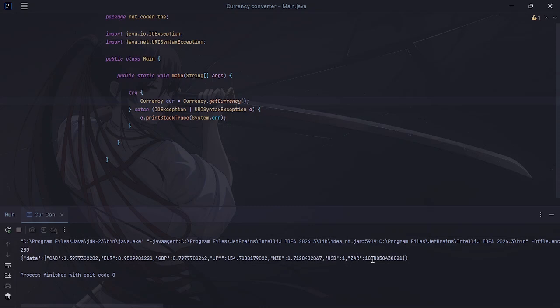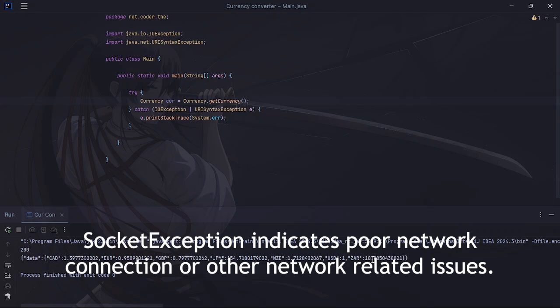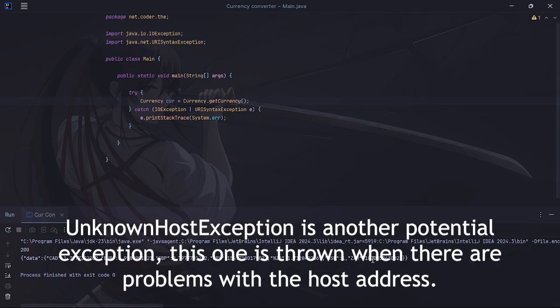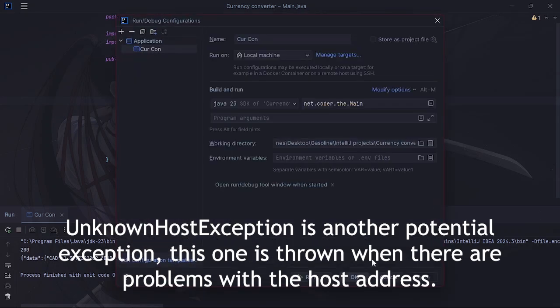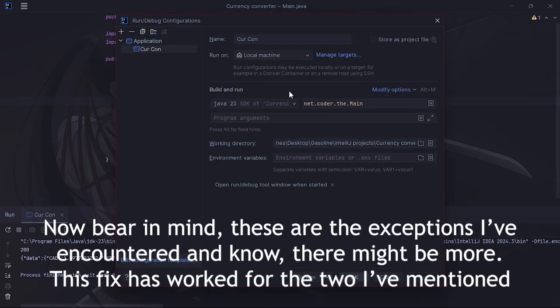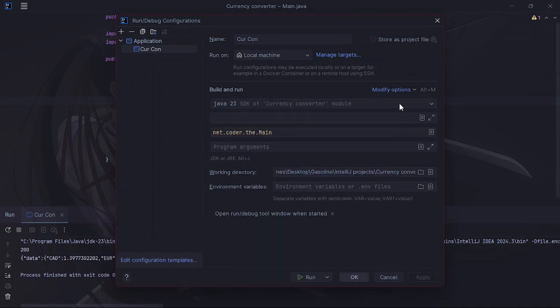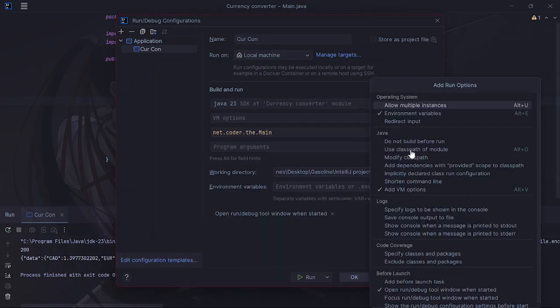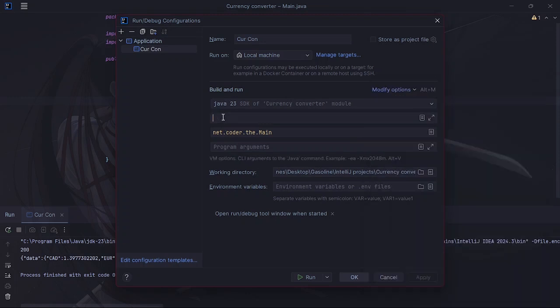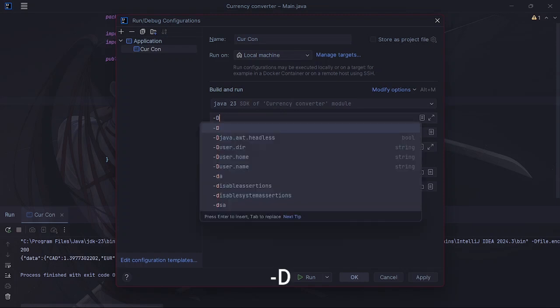rands. Now, an exception that might occur here, I remember the first time I actually went with APIs, I did face it. So just in case you face an exception here, it doesn't actually give you that when you follow the steps, then you can go to your run configuration here, and then you're going to have to press Alt and V. Alternatively, just go to modify options. You have to add VM options here, and then on the VM options, you're going to put a hyphen, uppercase D, and then a